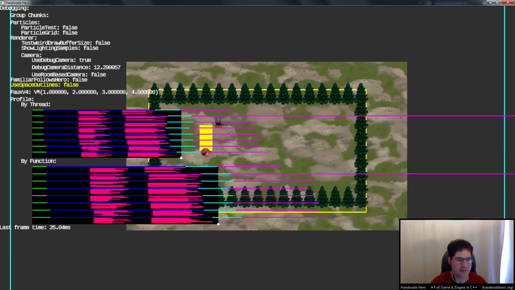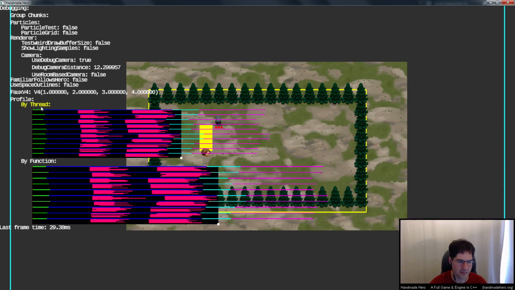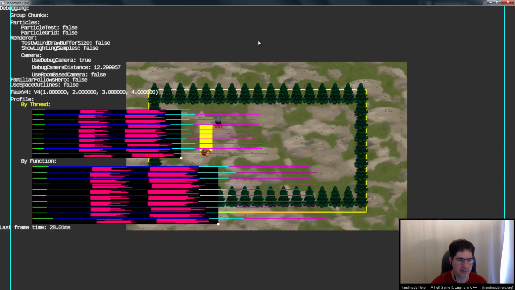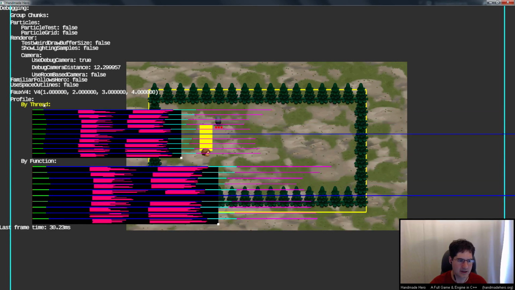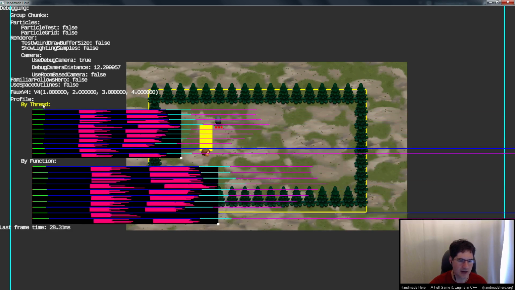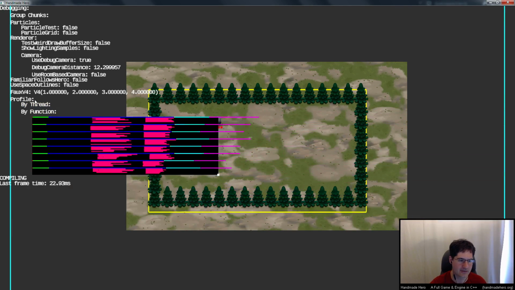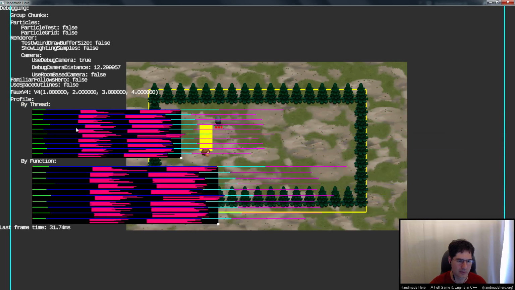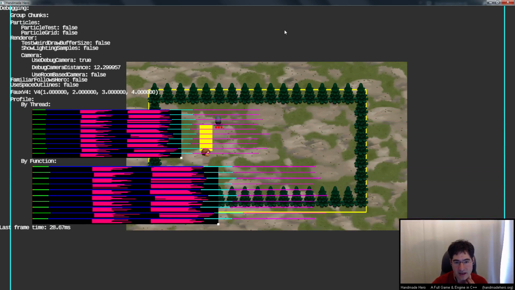So for example, if I'm in the debugging thing and I have this by thread thing here, I want to be able to grab it. You can see right now the only thing that it'll do is just turn on and off. What I want to be able to do is grab this thing and drag it out here and have that profiler or whatever it is. I want to have that thing throw